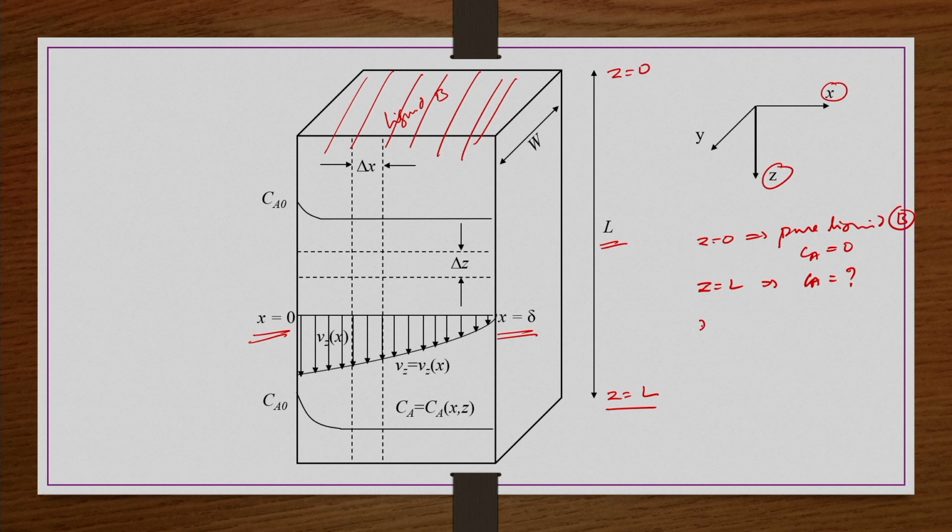And then x equals 0, what do we have? That is the free surface of the liquid film which is exposed to the gas. It is the very first layer of the liquid film at which gas is coming, interacting, and then further penetrating into the film. So, that should be its initial concentration, Ca naught, which is usually taken as the solubility of that particular component A in B. So, we are taking Ca naught. And x equals delta.